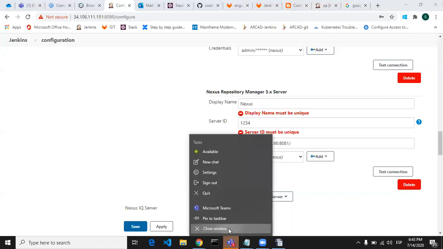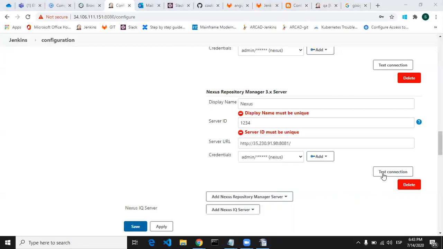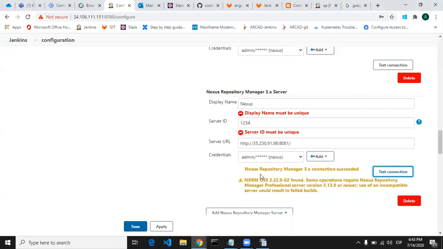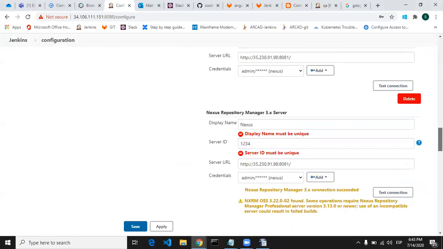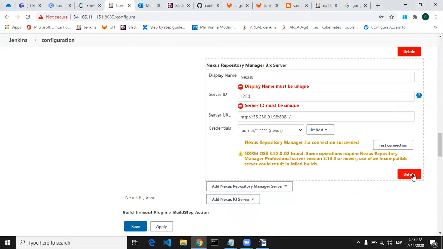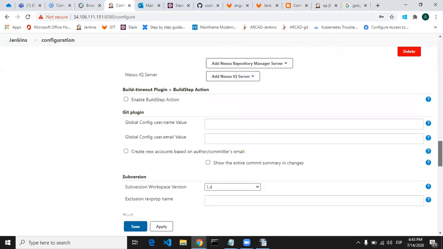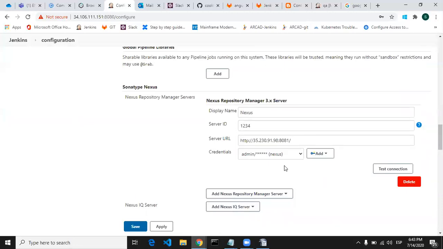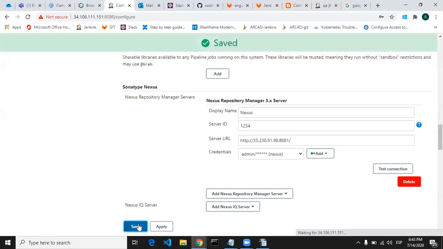Once you test your connection, you can see that the Nexus Repository Manager 3.x connection succeeded. Likewise, you need to fill out the Nexus server details in the configuration section. As I already filled that in, I'm just deleting this duplicate, and this is the configuration. I'm just going to apply and save.